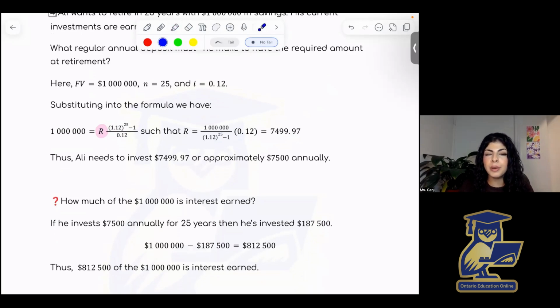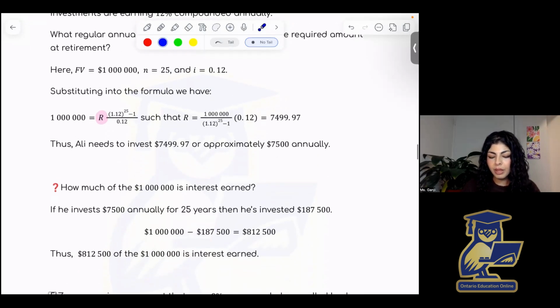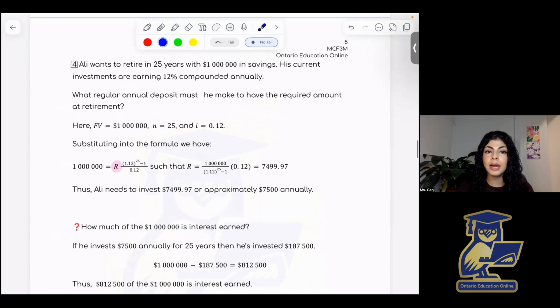$7,499.97. Or if we just round up, because when you're investing, if you invest a little bit more, then you earn a little bit more. You want a minimum of $1 million, but if you have a little bit more, that's totally okay. So either of these two answers would be acceptable here. So we can say he needs to invest approximately $7,500 annually so that he has $1 million in his retirement